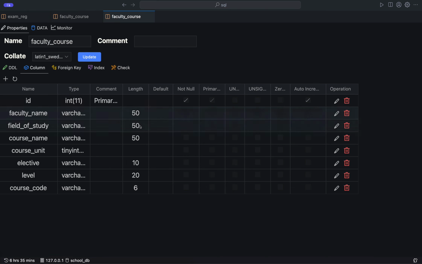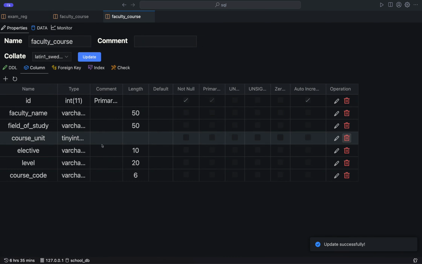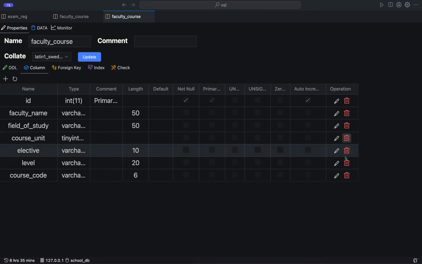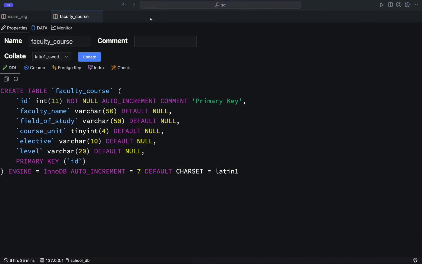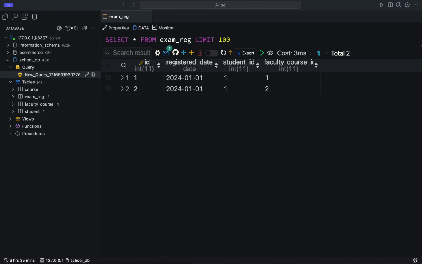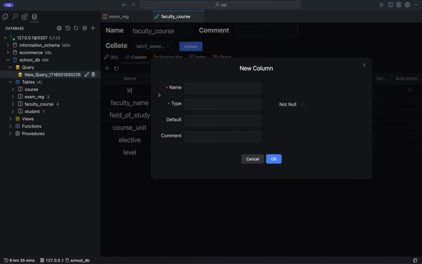I will remove the course name. I hope I remember the course name, course units, and leave that, and course code. So we've removed all those things that we need to remove. Then I can go back and add course ID, because we have a course table now. Can I have course